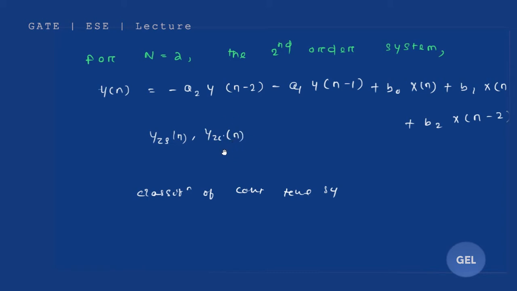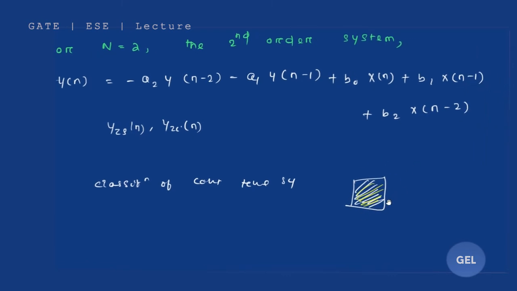Also, listen, there are thousands of concepts in this discrete time system, and a lot of things in signals and systems. I'm not preparing you for your semester exam. I'm preparing you for GATE, engineering service exams and other public sector and interview exams. So what are the extremely necessary points? I have one pocket in which extremely important points are there, for your signals and systems, electronic devices, analog electronic circuits, whatever subjects I'm going to deliver. And another pocket has concepts that are not so important for your GATE and engineering